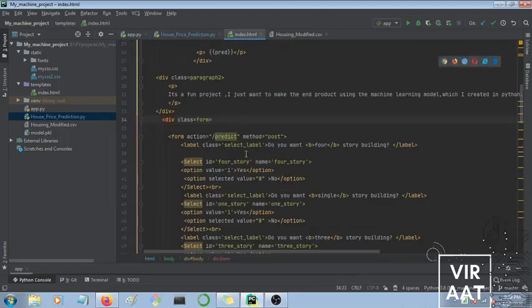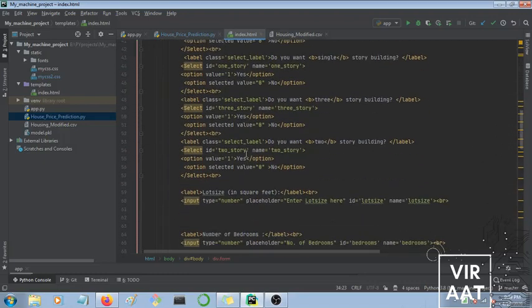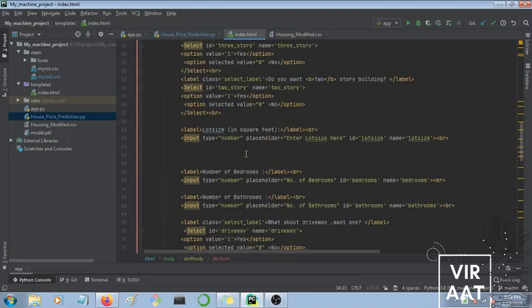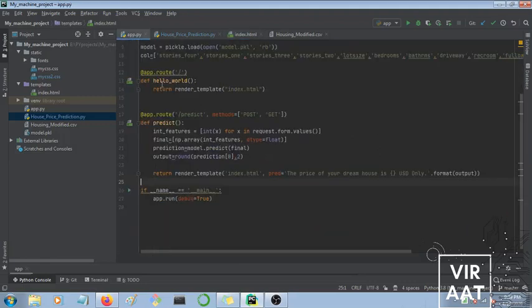In the index.html, you can show it anywhere you want. I have just put it right between the paragraphs I created. It is double curly brackets open and close, and between them you have defined the pred variable. So this pred variable will get triggered after you submit your data, and it will show you the result like this.